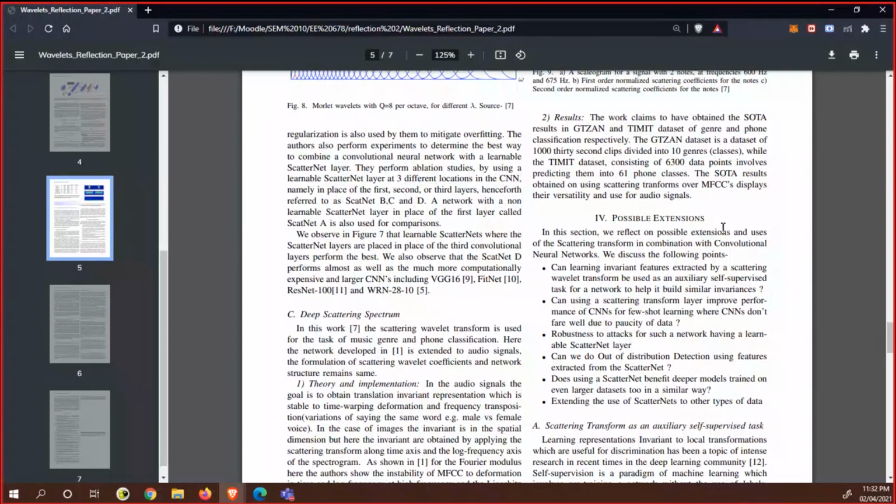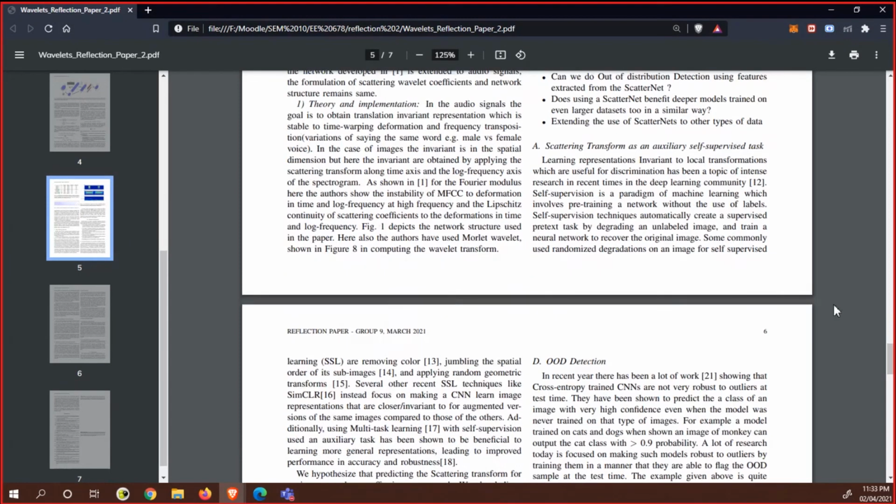The scattering transform is quite an interesting piece of work. As we have seen, it is invariant to slight perturbations, which is a very desirable property needed in features, and it can help in a variety of work, including all of these questions. I will first expand on the use of the scattering transform